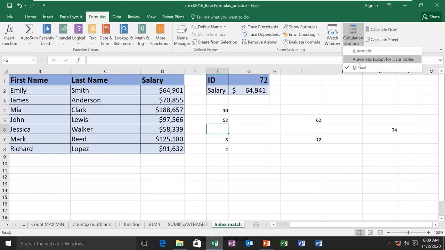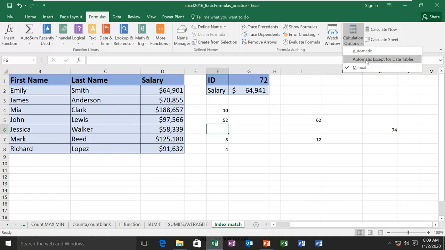There is one more option to choose: automatic except for data tables. A data table is a different kind of table. It is not like this normal table. It is the data table you have in something like a pivot table, but it is not like a normal table.